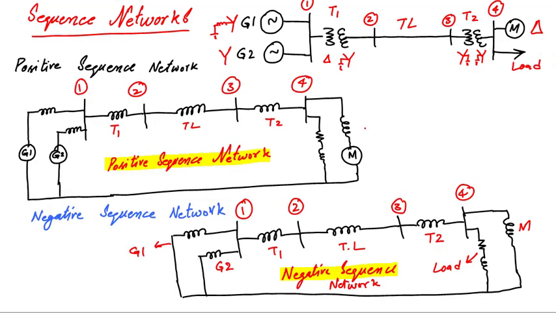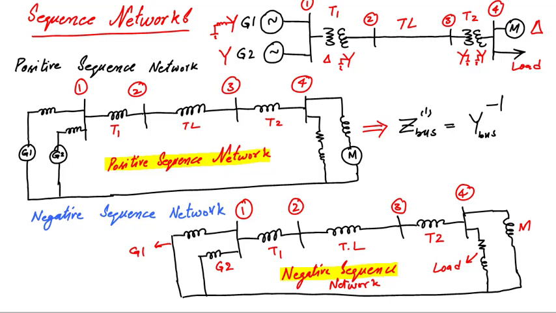If for this positive sequence network, by inverting all these impedances, it will become an admittance diagram. If we develop the Y bus and then use that Y bus to produce a Z bus by taking the inverse of that Y bus that we have developed from this network, this Z bus is known as the positive sequence Z bus of the network. And remember, if we do the same thing with the negative sequence network, the resultant Z bus will be the negative sequence Z bus. Normally for a power system, the positive sequence and negative sequence Z bus will be the same, because except for these induced EMFs, everything is the same in these two networks.